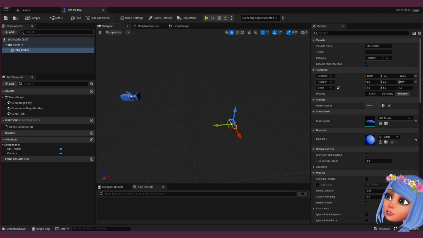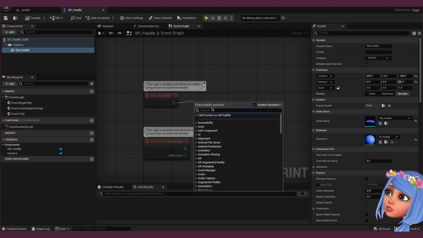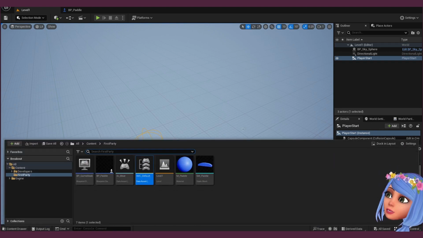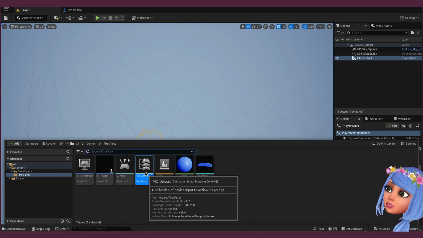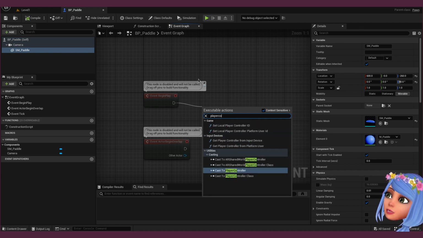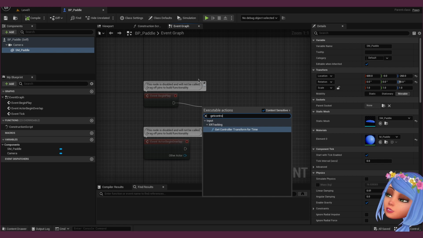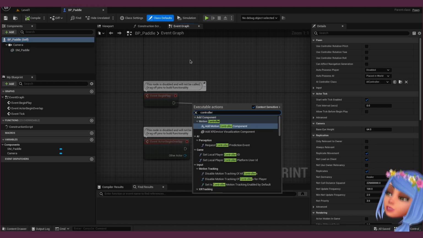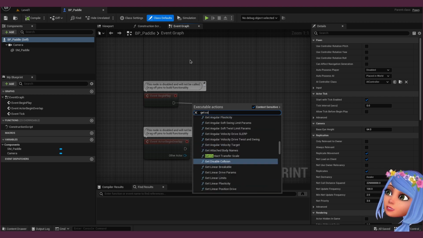And here in the event graph, at Begin Play, we need to set up the player controller, attach the input mapping context to the player controller. So first we need to get the player controller. Get controller, get, where is it? Get controller,